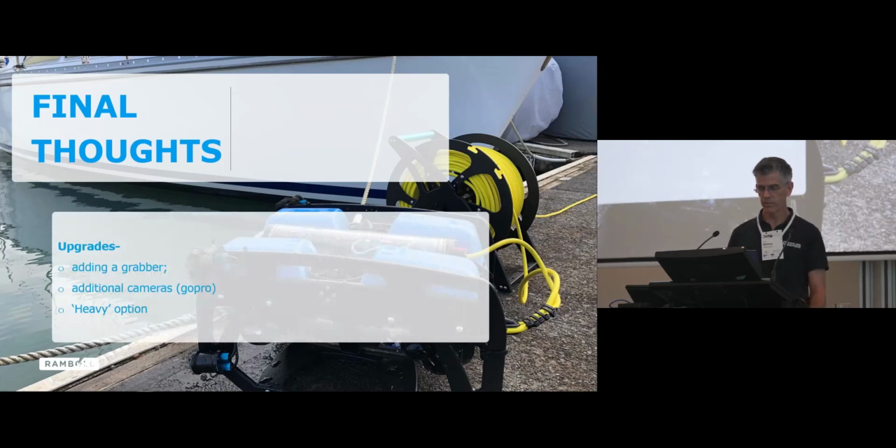Before we start off the sampling in December coming up, we're going to be doing some upgrades to it. We've added a grabber, so we're going to be able to actually collect some limited samples. You can also put additional cameras on it. So we've got some GoPro mounts which we can put onto the frame, and then we can be collecting still images at the same time. There's also a Blue ROV heavy option which provides for additional thrusters, and that will give us a lot more attitudinal